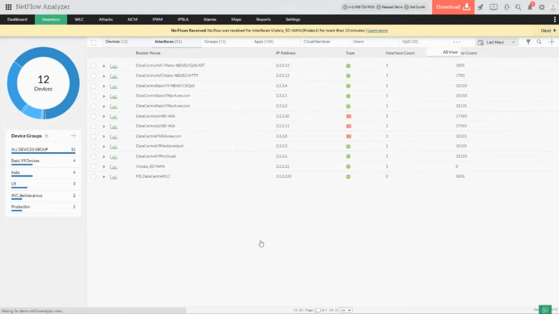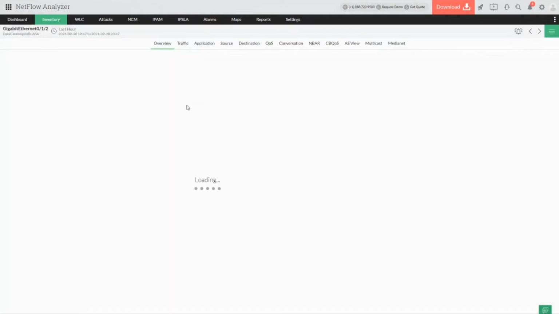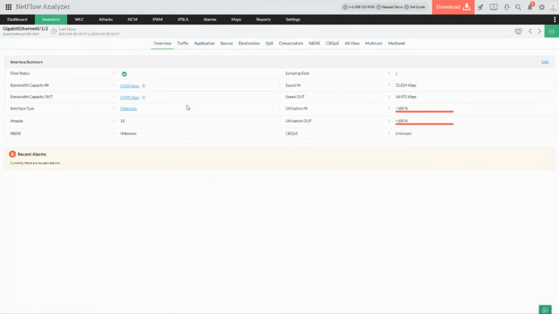So as soon as you start forwarding the flows from the respective interfaces in the network devices to the OpManager server, the NetFlow Analyzer add-on will immediately pick them up, start putting them inside the inventory and collect the data. So as soon as you start receiving the information, immediately you'll be able to see that this interface from this particular device is added, and this is the traffic, the in and out bandwidth usage as of now. By default, the timeline will be set to the last 1 hour.